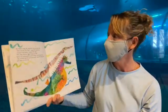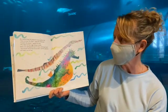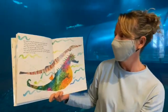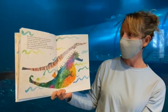But before long, Mr. Seahorse met another fish. "How are you, Mr. Pipe?" asked Mr. Seahorse. "Couldn't be better," replied Mr. Pipe. "Mrs. Pipe laid her eggs